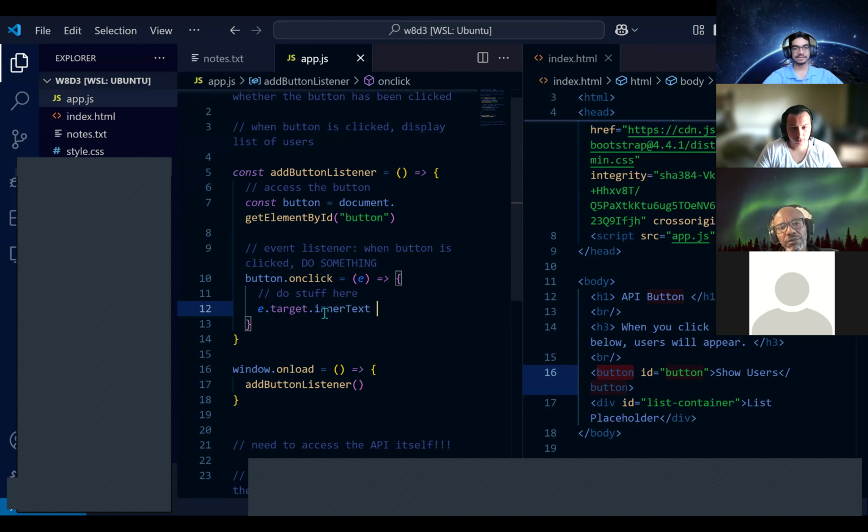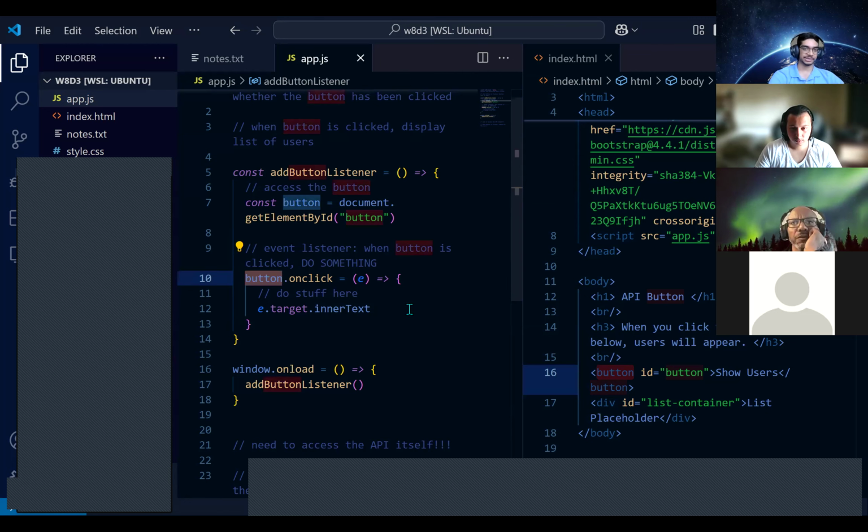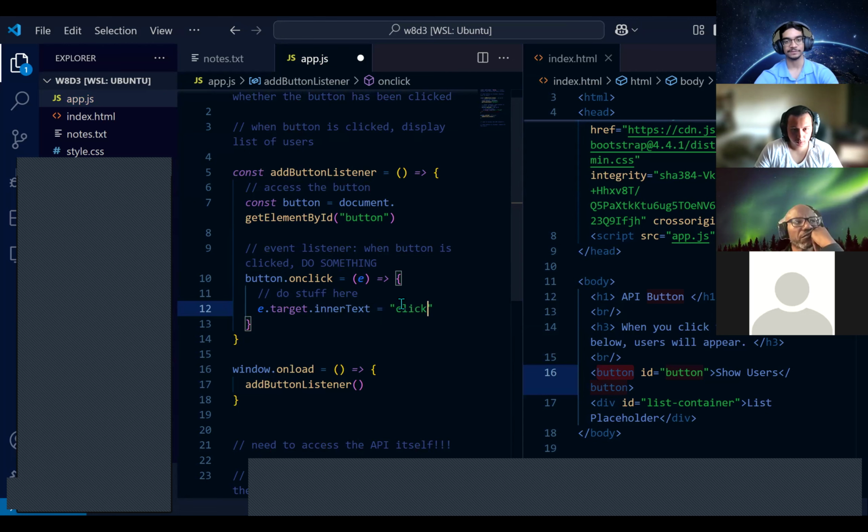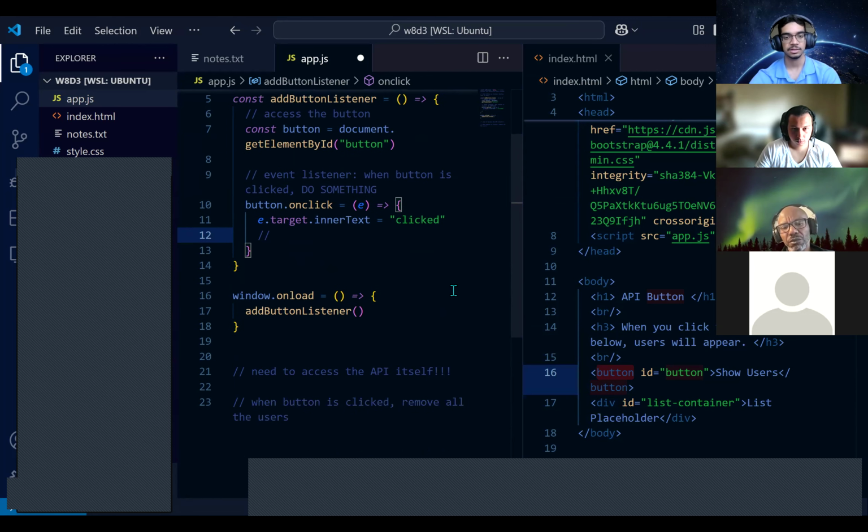The target is what did the mouse click on? In this case, we know it's the button, but the formal way to do it is by saying E.target. And then the button has an inner text property that we can then change, as Joe artfully put, change it to clicked. In addition to that, though, we also want to access the API, or we also want this to trigger